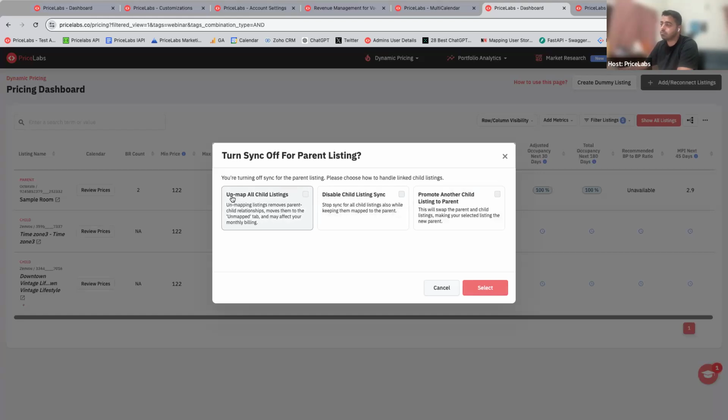The first option is probably you wanted to unmap all, probably you wanted to unsync all the listings together, right? So you can do that. The second option that you see here is that where if you unsync the parent listing, you're also effectively unsyncing the child listings, right? Let's say if you wanted to only disable sync for the parent listing, but didn't want to disable sync for child listings, then you can select the first option where you can unmap all child listings. So all of the child listings, let's say in this case, both these child listings will now become a parent listing, and they'll have their own